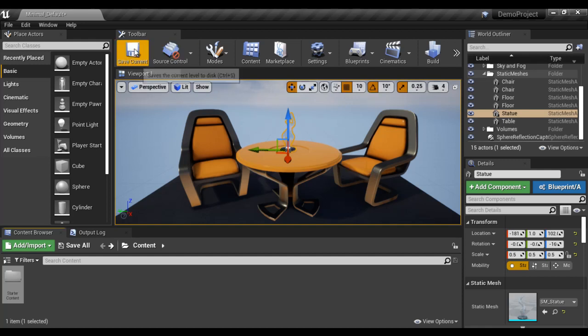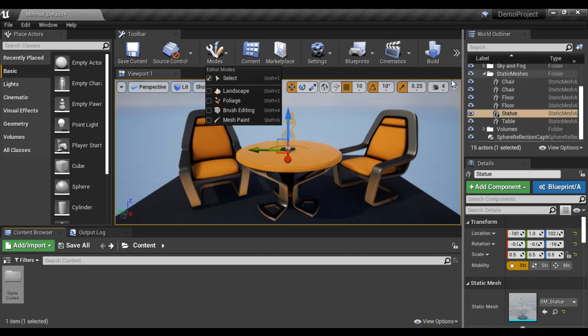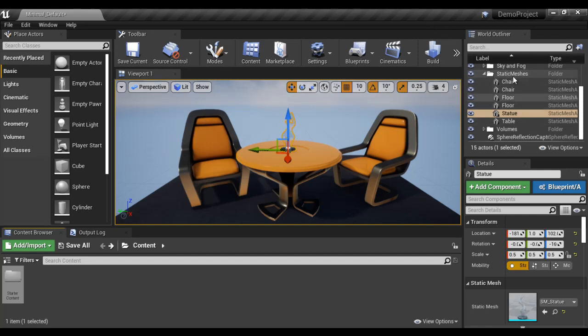And then we have the toolbar, which contains a set of tools for most commonly performed tasks. And here we have the modes drop down tool, which is used to activate the specific mode. And then we have the outliner window or world outliner window, which displays a list of actors currently present in the level.